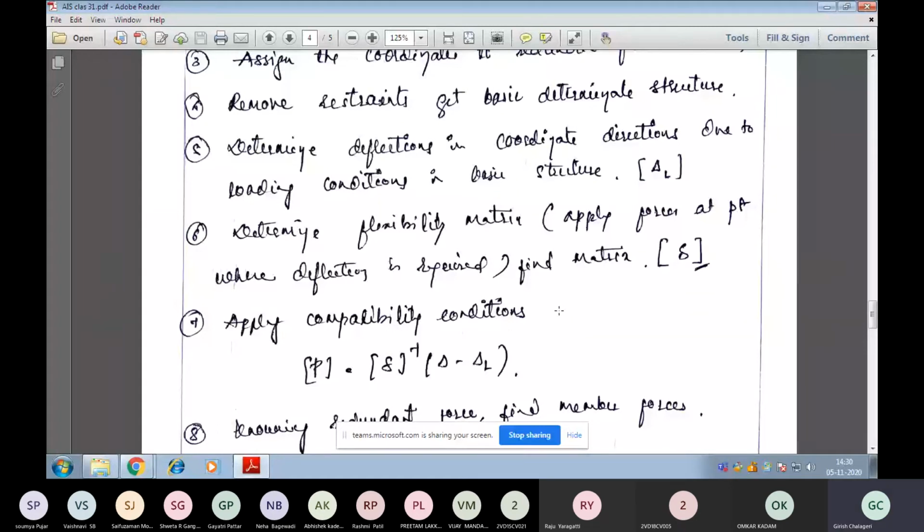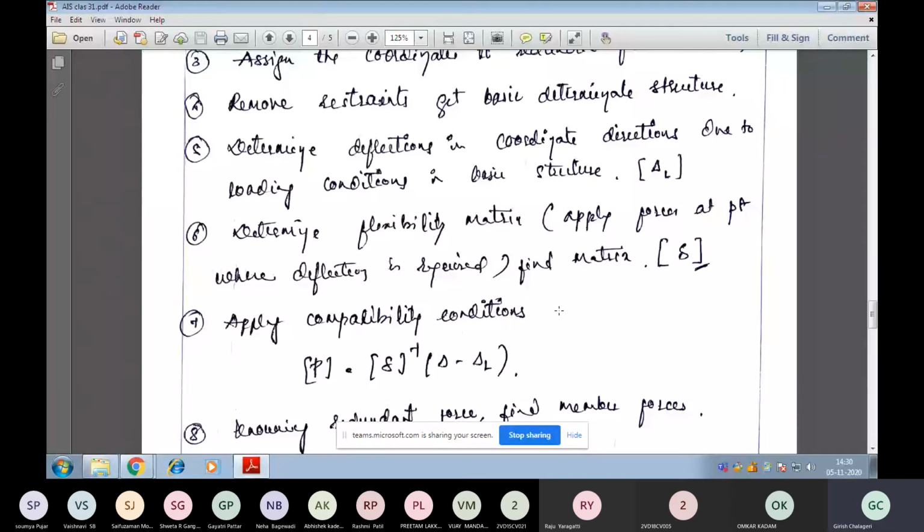So when we remove the redundant force, the beam becomes statically determinate. Then for the given external load, we are going to draw the BMD. Then we are going to find the rotation at the point where we require. There we get the value of delta L. Once you know delta L, we are going to apply a unit moment or unit force at the point where rotation is required. Then we form a table of the matrix.